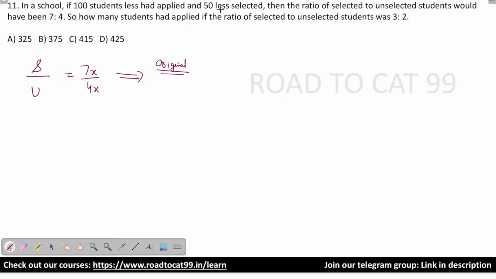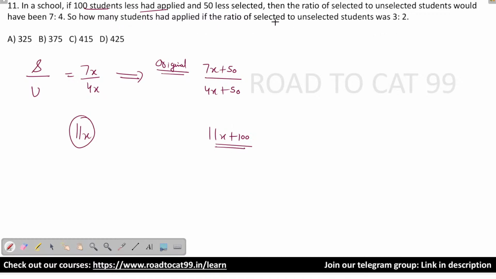है ना, तो सिलेक्टेड तो 50 मोर हो जाएंगे, that is 7x+50, right, and 100 students less had applied. तो अप्लाइड तो देखो 7x+4x, 11x ने किया होगा, इनमें से कुछ सिलेक्ट है कुछ अनसिलेक्ट है, तो यहाँ पे टोटल कितना हो जाएगा 11x+100 ओरिजिनल टोटल, because 100 students less applied वाला केस है ये, तो अनसिलेक्टेड कितने हो जाएंगे 4x+50, तभी तो इसका टोटल 11x+100 आएगा।